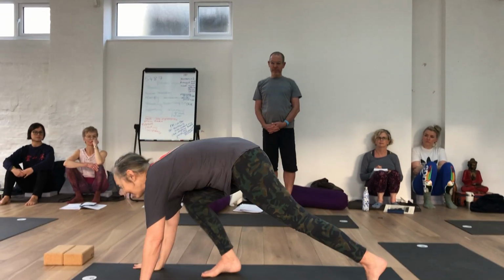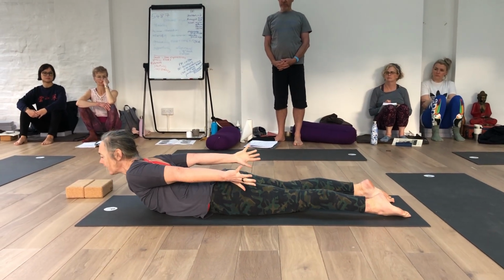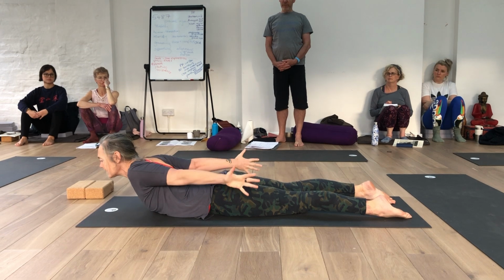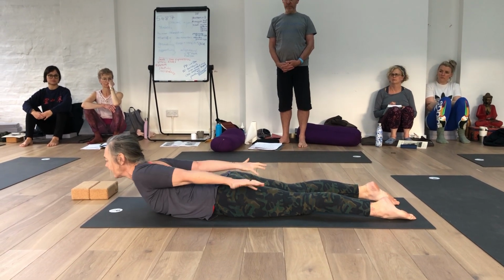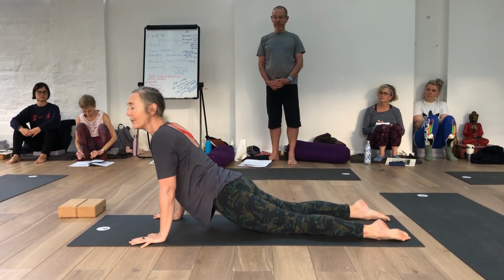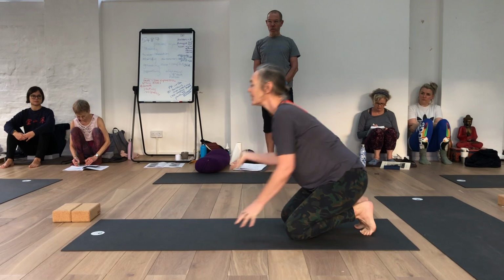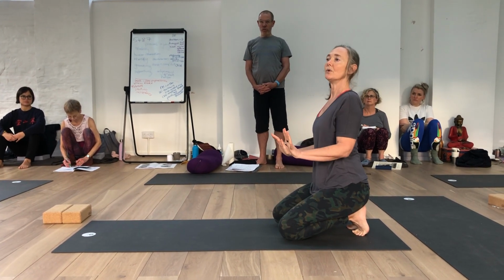But one of the ways that you can add it in to a certain extent is in Shalabhasana. If you lift the arms up and then rotate, that squeezes the shoulder blades together and gets those muscles active. So I personally do that in my sun salutations. In 1 or 2 of my sun salutations, I won't do up dog or cobra, I'll do that Shalabhasana and add in the